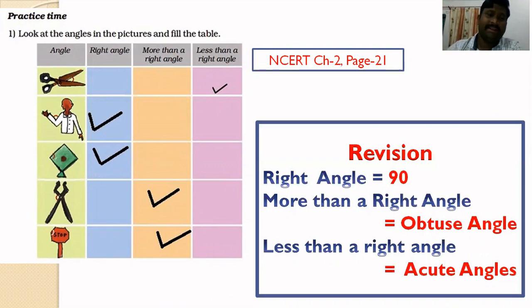And this kite also has exactly 90 degree. This is more than 90 degree. If up to here it is 90, if you go like this, it is more than 90. This is also more than 90 degree. So in this way we can do the exercises. Next,